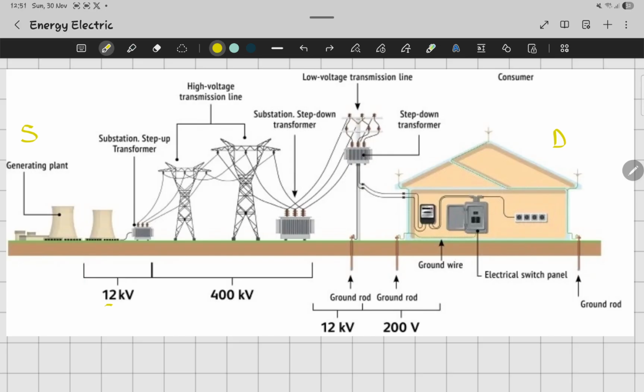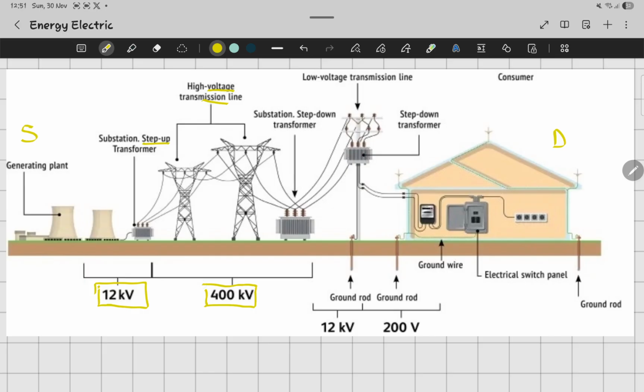What you see here gives you the range: we start with 12 kilovolt. Then we go to the step up transformer, so that we can transmit the high voltage on the transmission line. That's why you see the voltage is going to go to